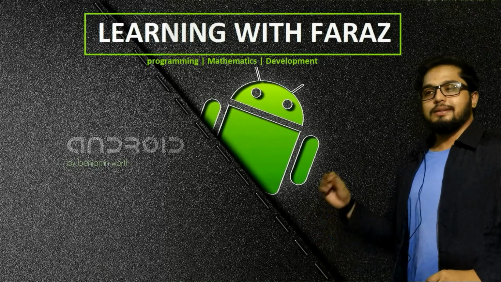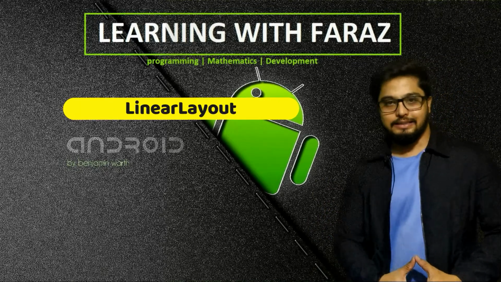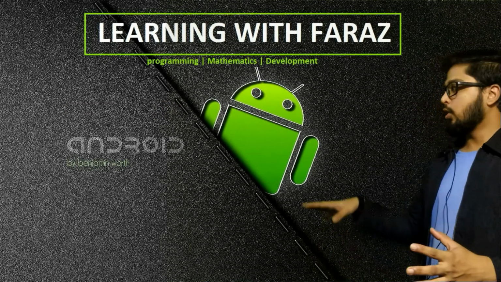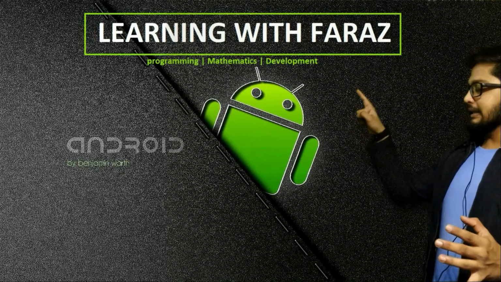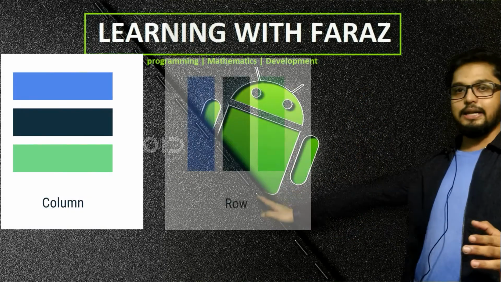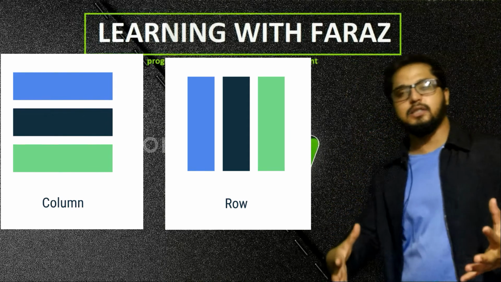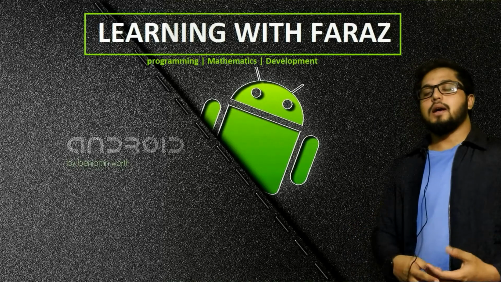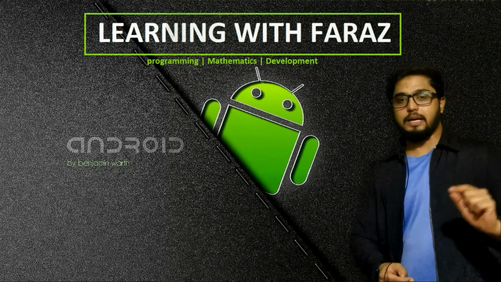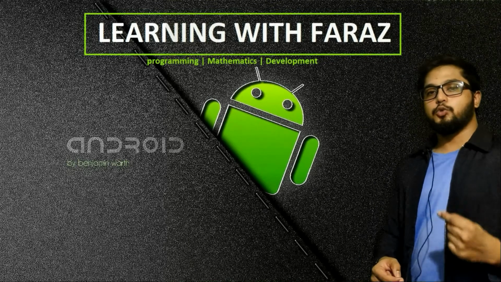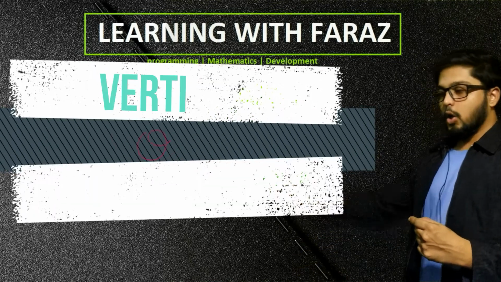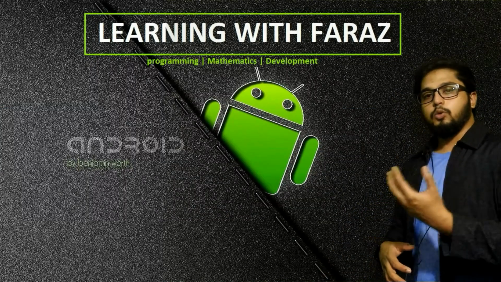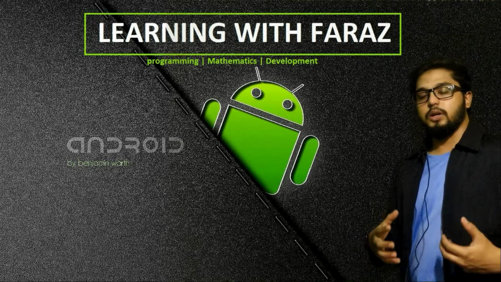The name of the layout is linear layout. Now what is the work of this layout? How does this linear layout work? For example, if you want to arrange the elements either vertically or horizontally in one line, then you are going to go with linear layout. But a doubt might come to your mind: how can we give it the instruction that it should be vertical or horizontal? That question is what we are going to move forward with, by answering it.